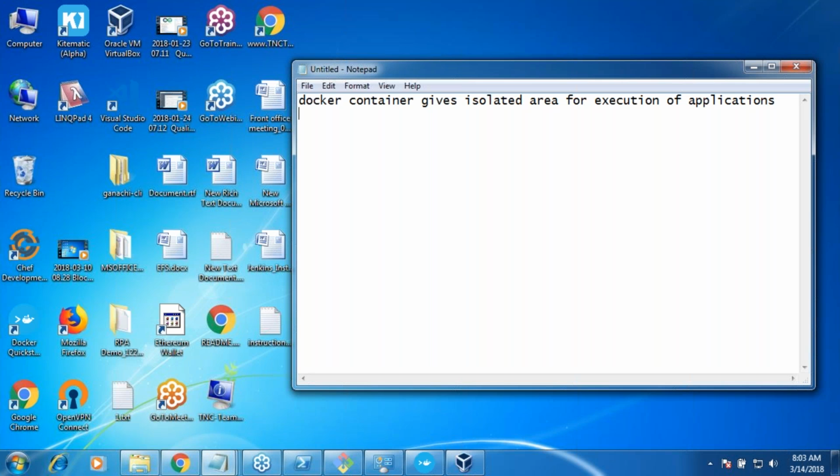And the next step we have to discuss is, when I ran the docker run command, it was doing something like a download. What is this?